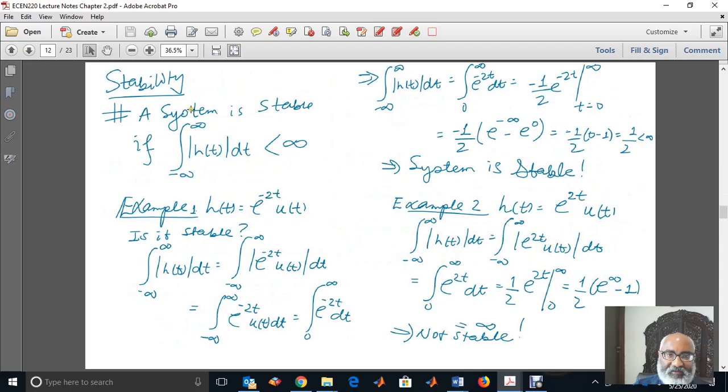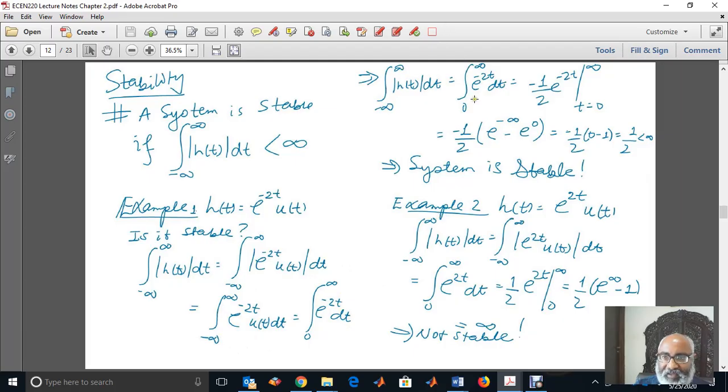Stability, as we said: a system is stable if the integration from minus infinity to infinity of |h(t)| dt is less than infinity. Let's have this example. h(t) is equal to e to the power of minus 2t u(t). That means let's do the integration from minus infinity to infinity of e raised to minus 2t u(t) dt. Because of u(t), we start from 0 to infinity of e to the power of minus 2t dt,